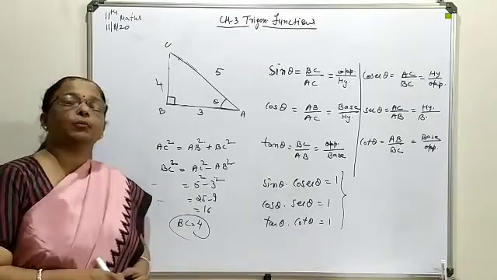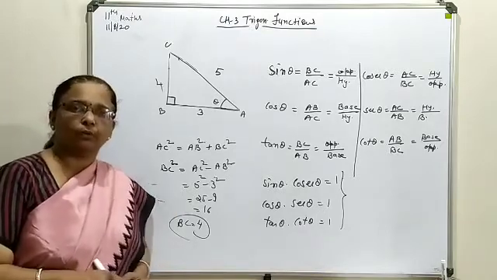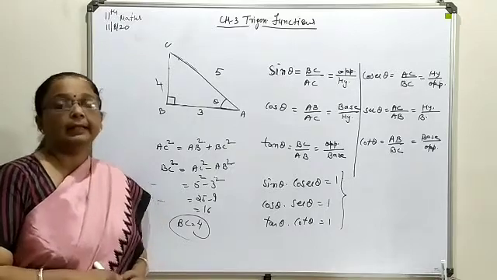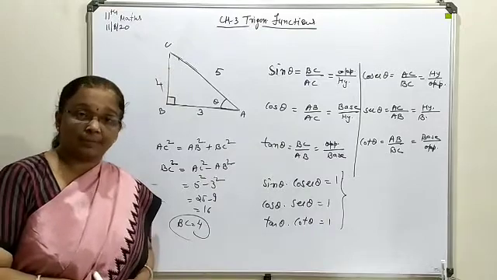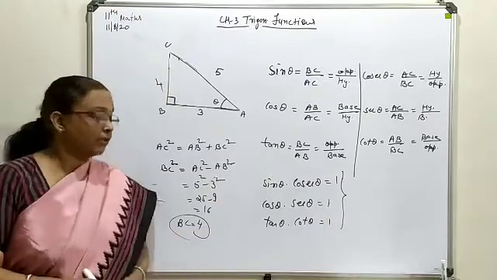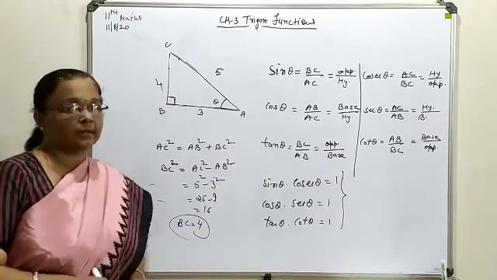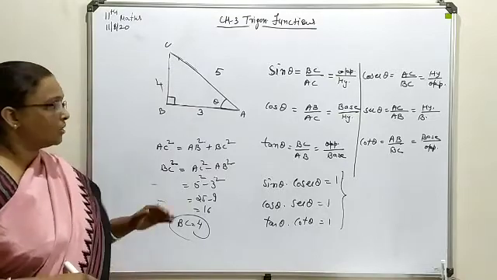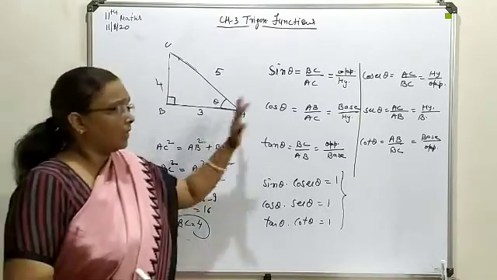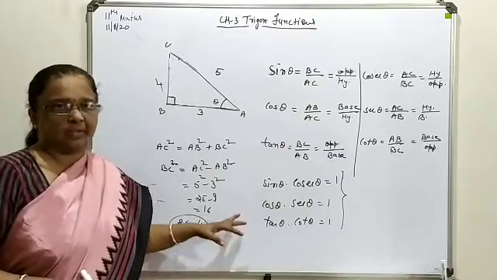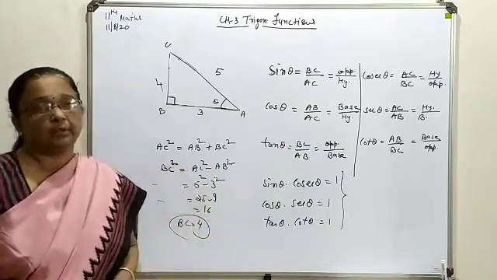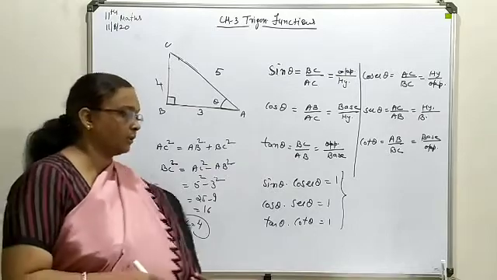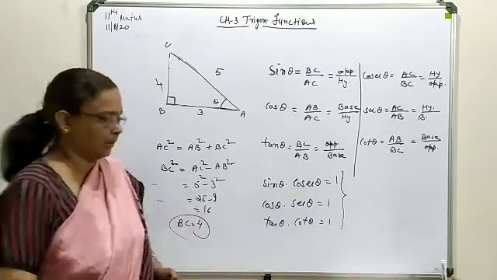Now keeping the quadrant system in mind, means the 4 quadrants and the respective sign in each quadrant with respect to all 6 trigonometrical terms, let's try to attend the next exercise in which questions are based on that. So here all these things will be used, and apart from that, the quadrant system for sign concept will also be used. So try to understand what we are going to find out.